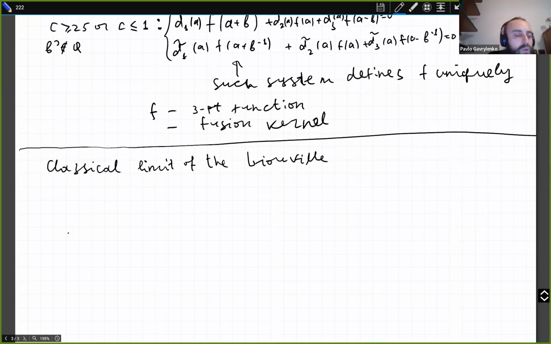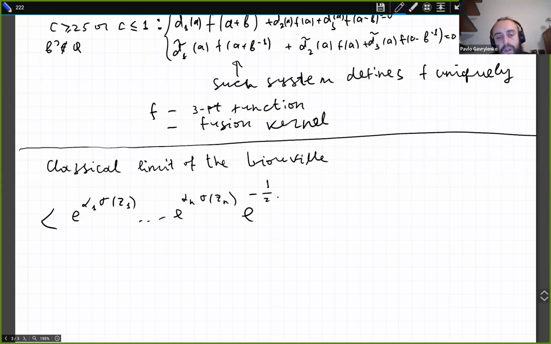So I want to compute this partition function, or maybe better to say that we start from computation of some correlators. So we want some alpha 1 of phi of z sigma of z1 e to alpha n sigma of zn e to minus 1 over pi integral of d sigma d bar sigma